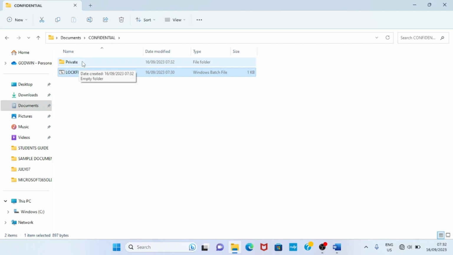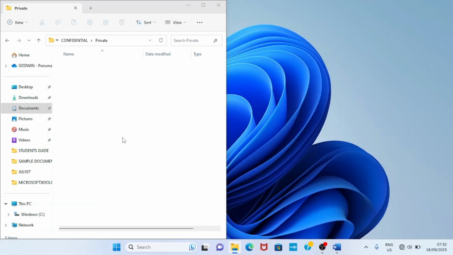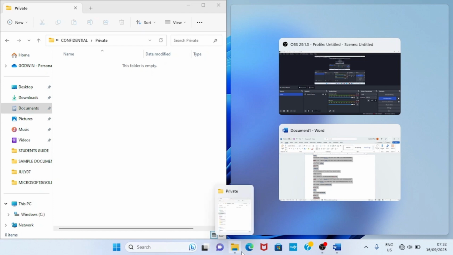So I will double click on the private folder. Let me minimize this window. Then let me get to the file I want to have inside this folder.